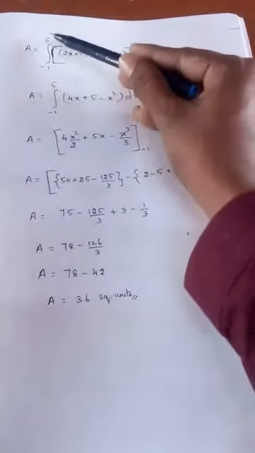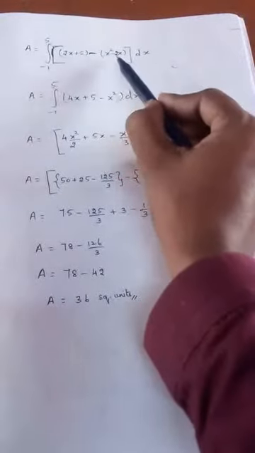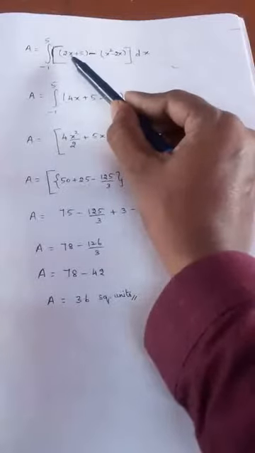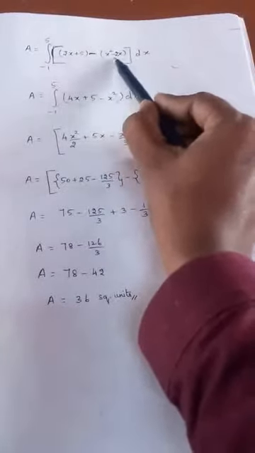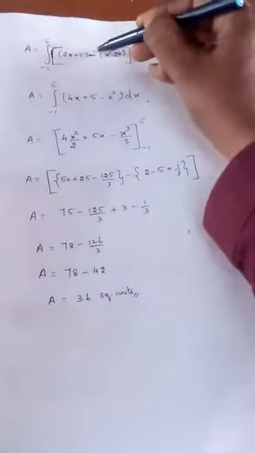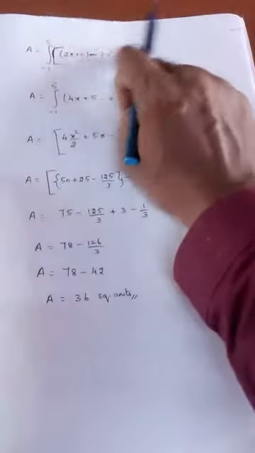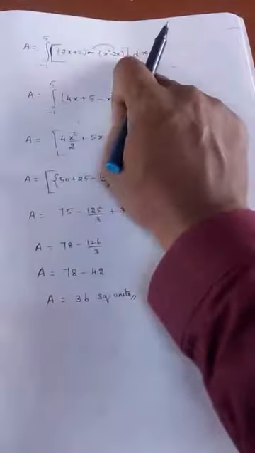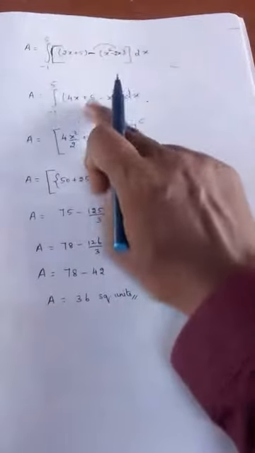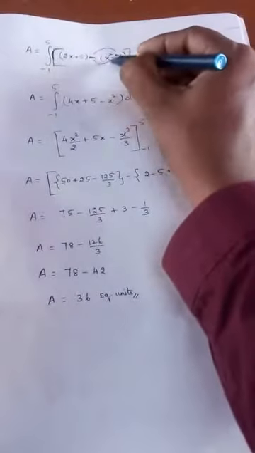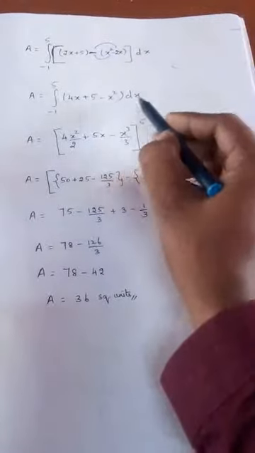Minus 1 to 5 is the limit. This is the first curve. This is the second curve. Now if you see, 2x minus into minus plus. So if minus gets inside, it becomes plus 2x. So 2x plus 2x is 4x plus 5. When minus is taken for x square, it becomes minus x square into dx.